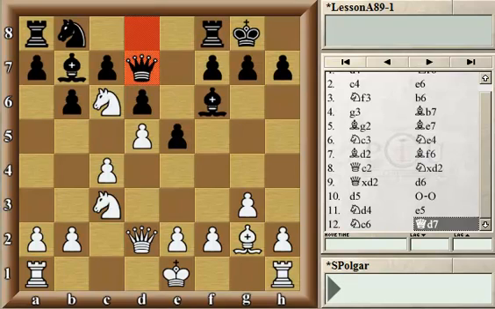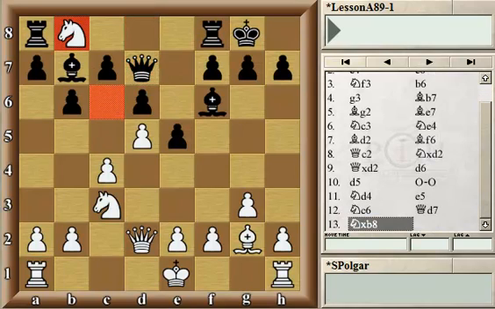White simply now traded on b8. So what does this mean? It means that the white knight moved 1, 2, 3, 4 moves, right? f3, d4, c6, and then b8. 4 squares to exchange a knight which hasn't moved at all. So on the surface it clearly seems that this doesn't make sense at all, and this is a humongous waste of time. However, white